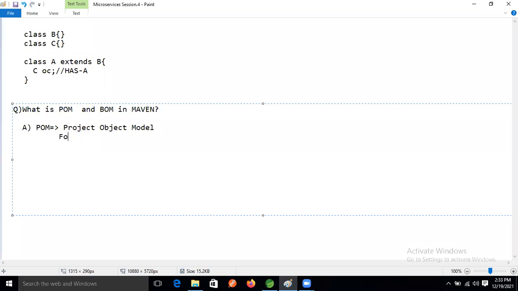for every Maven project, this file exists. Even if it has only one project, it can have one parent project.